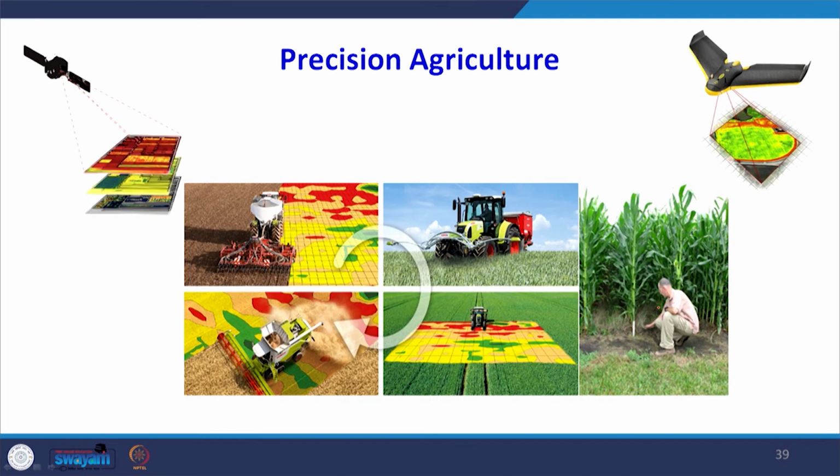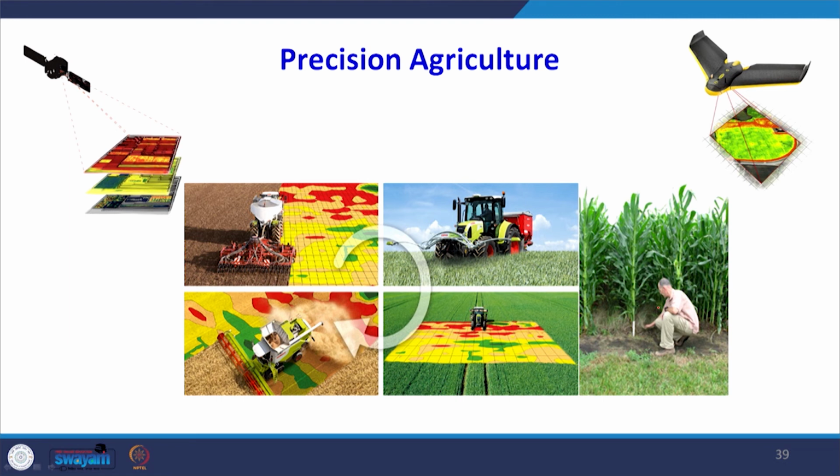Look at the examples here, the precision agriculture. In precision agriculture, we have the characteristics of the soil, the moisture content in the soil, and the type of agriculture, whether it is rain fed or irrigated agriculture. On the basis of those several parameters we are collecting, we can identify how a particular piece of land could be used for maximum productivity, and how maximum productivity could be obtained by growing a particular crop in that area.